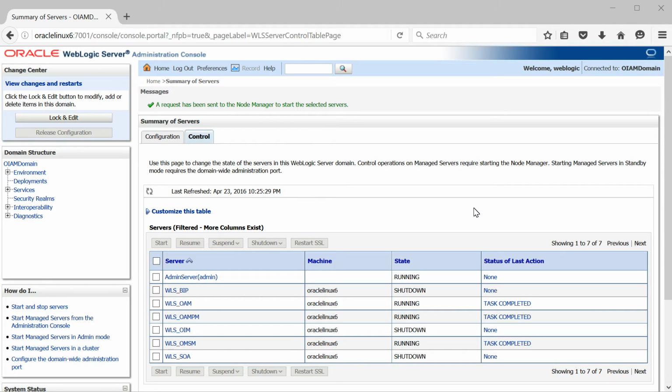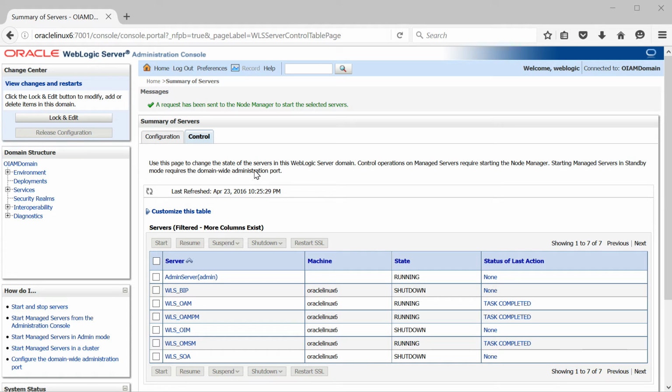OAM console, as you might know, is the main administration console with full functionality of Access Manager, and can be accessed at port 7001/oamconsole. OAM Policy Manager console is deployed on OAM-PM managed server and does not contain full functionality of OAM console. It has only the policy administration functionality. In addition to this, you will have mobile security manager and mobile security access server sections on this policy manager console, and this can be accessed on port 14150